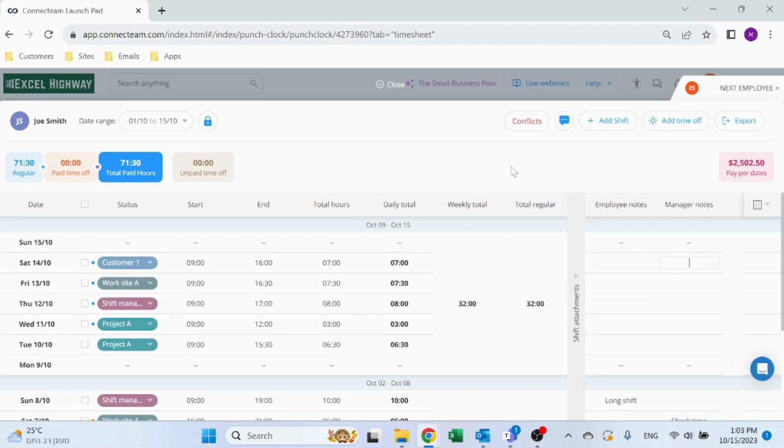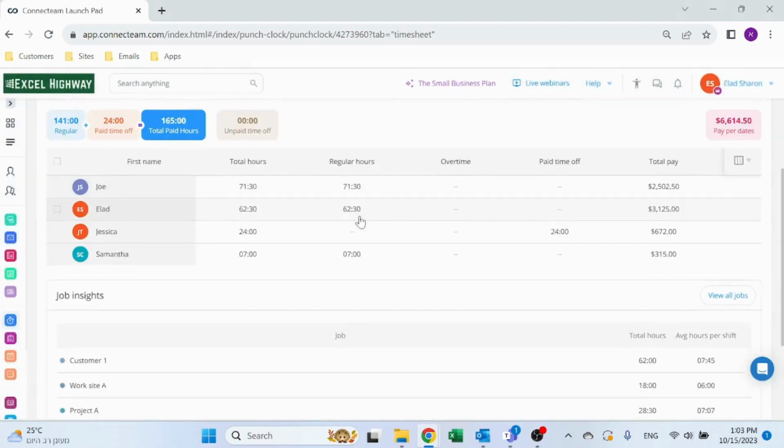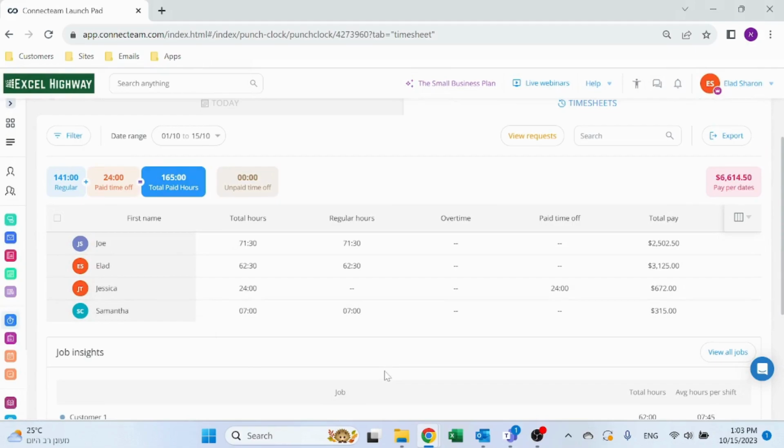Now, assuming everything is okay with the timesheets, I can just approve the hours, and after the hours are approved, they can be exported to your payroll system for paycheck processing. So very nice, very easy way to look at your employees'